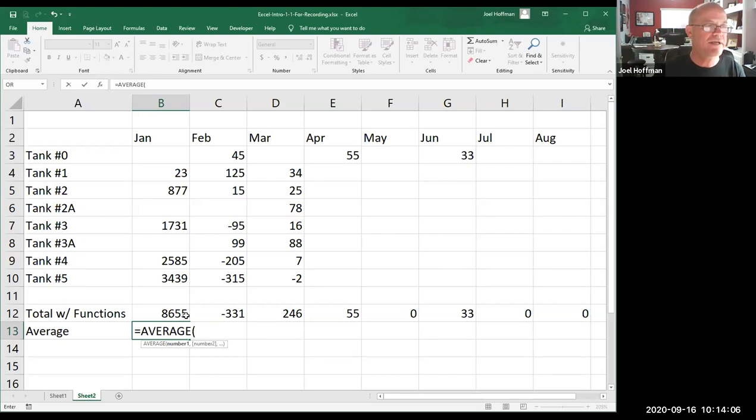I want to average cells B3 through B10, so I'll click and hold in cell B3, and then I'll drag down across B10 and let go of the mouse button. Sure enough, down here, Excel has put that range into our function. We now have average B3 to B10 in our function. I personally like typing the closing paren, so I'm going to type that closing paren, and our formula is complete. I'm going to hit enter,